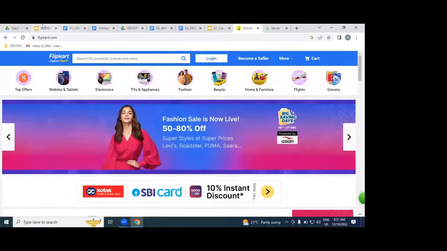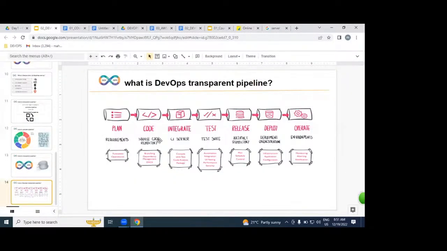Got it very clearly? What is the DevOps process? DevOps is a process which you implement starting from where exactly? The Dev environment, and it ends with Operation. That means we are part of dev environment, integration, testing, release, development, and operation. We implement DevOps as an automated, transparent pipeline.